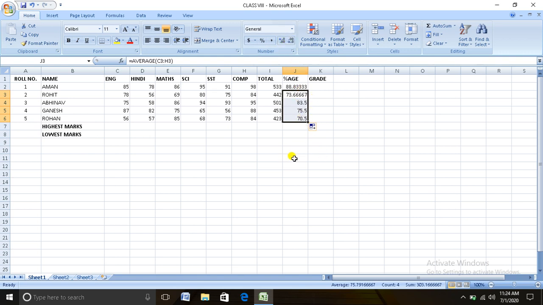Now the next function is the COUNT function. The COUNT function is used to count the cells that contain a number or values.